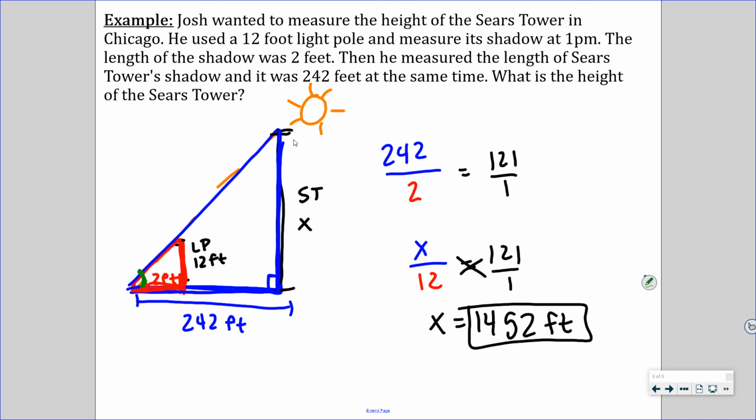Now, all right, I'm gonna give you two things. You have two options. Either calculate the height of the